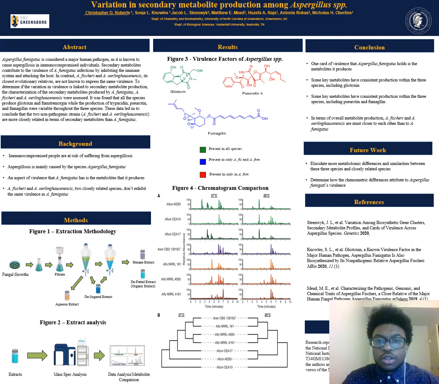species. To examine the metabolite production of each species, multiple strains of each species were grown on oats for approximately 2 weeks at 30 degrees Celsius and 37 degrees Celsius to mimic body temperature. As shown in Figure 1, the fungal cultures were extracted with a mixture of chloroform and methanol and then filtered.